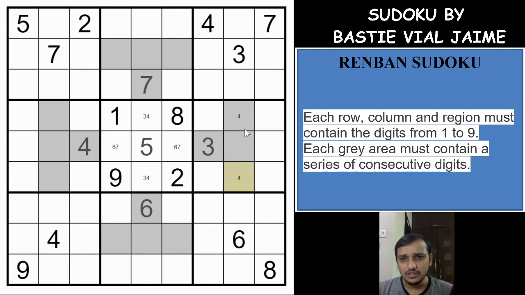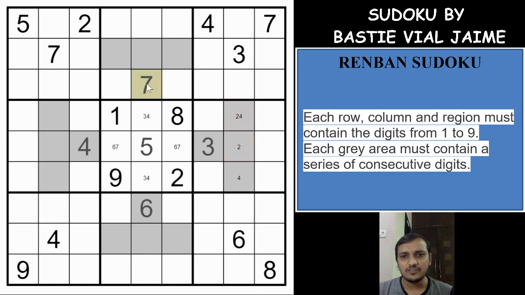And if you see, these 3 cells cannot be a 6. It means that, let us start with the 5. So 5, 4, 3, 2. So at least we need to have a 2 here in these 3 cells. So what happens if we don't have a 2 here? So if you eliminate a 2 from these 2 cells, 6 is not possible, right? And 2 is also not possible. As we are eliminating 2, the only 3 numbers pending will be 4, 3, 4 and 5. What about the 4th digit? We won't be able to place the 4th digit. That means that we need to have a 2 here, right?